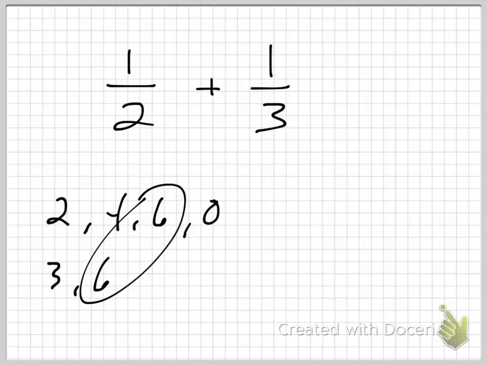Now, here's the deal. This is important. I need to multiply this whole fraction by something that isn't going to change the fraction. You understand what I'm saying? It still needs to equal a half. So I need to multiply that fraction by the number 1 in the form of 3 over 3. Does that make sense? Really, by multiplying the numerator and the denominator by 3, I'm only multiplying 1/2 by